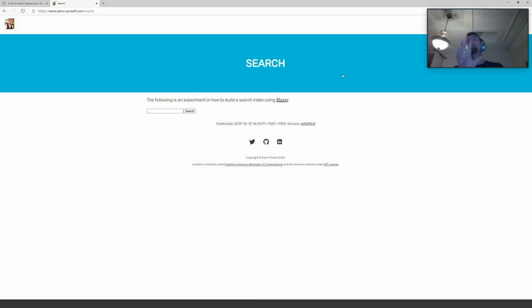So I now have search on there. And the search is actually implemented in WebAssembly. Specifically, I am using Blazor and compiling C# and F# to run this application. So this is running a .NET runtime. The way my search indexer works is that I'm using a search library called Lucene.net, which is a search indexer for .NET applications.